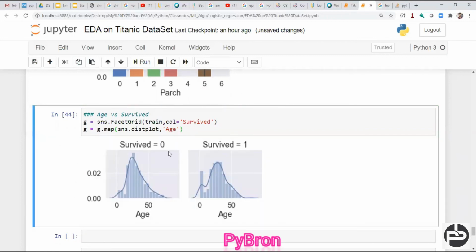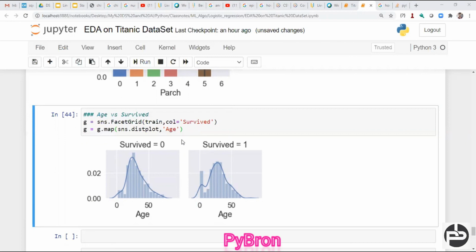And if you can see this graph, it's a bell-shaped curve, right? How we draw the bell-shaped curve, we already know from our normal stats class. So this graph is properly bell shaped, no doubt.